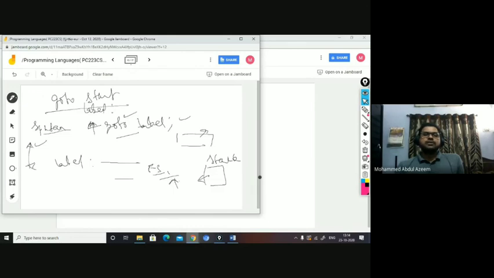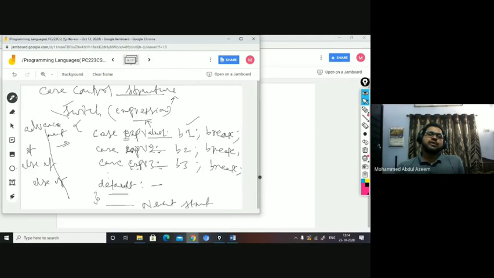Generally, goto statements were used before the C language for iterative statements also. If you look at COBOL, you don't have a for statement. Rather, for or iterative statements are implemented in COBOL with the help of goto itself. If you take Fortran, even in Fortran the iterative statements are implemented with the help of the goto statement, right?